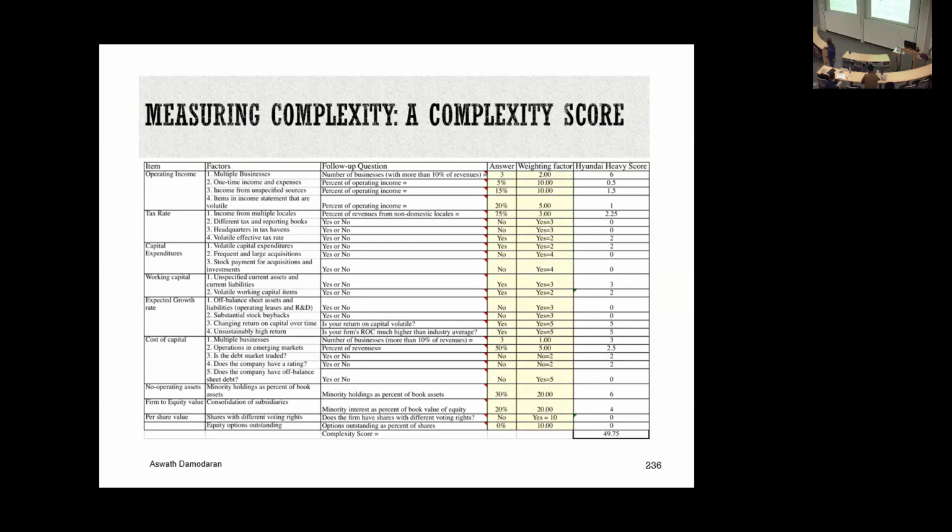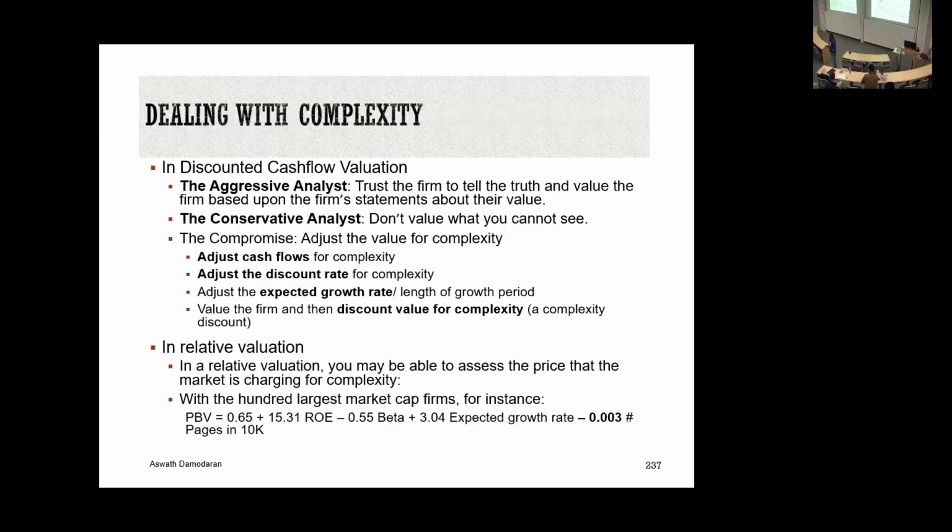They also found that accounting in general had made things more complex over time. Every time accounting rule writers add a rule, it adds to the complexity. I know they're well-intentioned, but it's adding to complexity. So once you measure complexity, the question is, where do I put it?